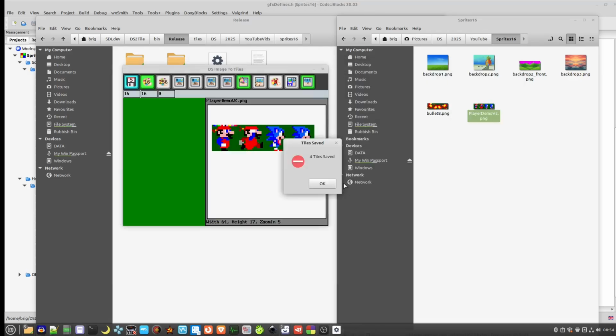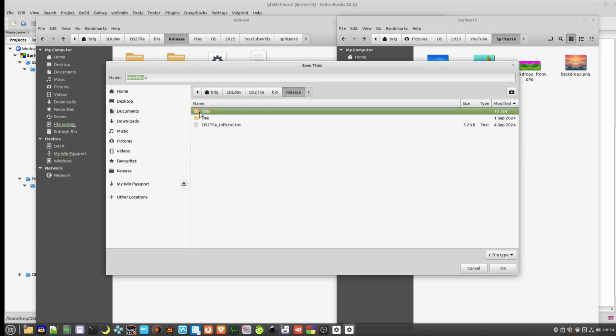And then it will tell you, although it says 4 tiles, that's actually 4 image frames. You can specify it to separate the different areas into groups of how many 8x8 tiles there are in there. So if you save that again now,